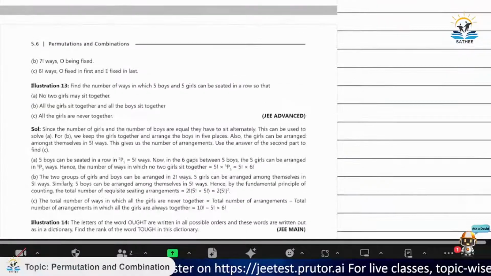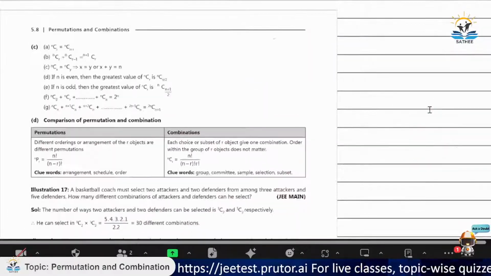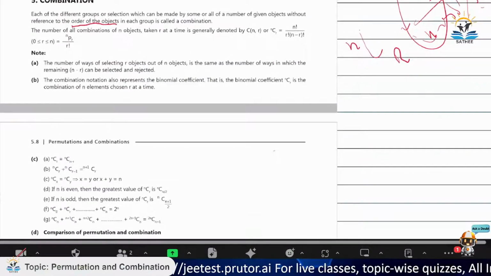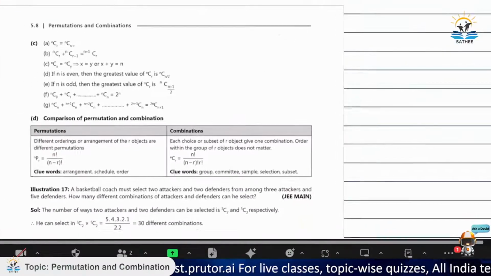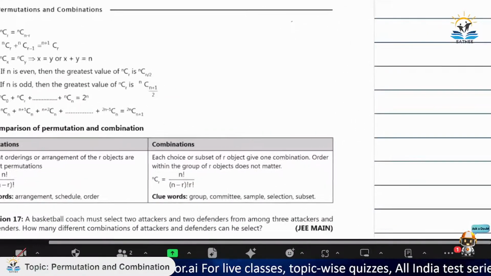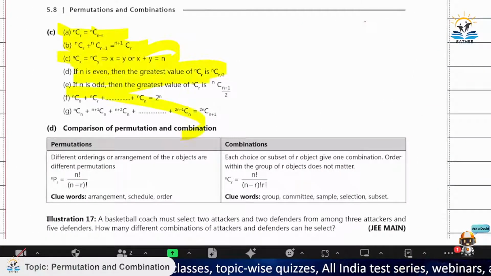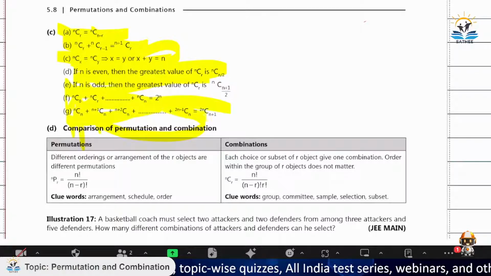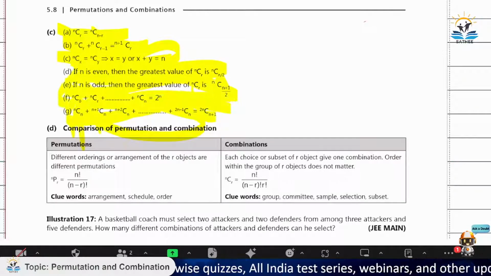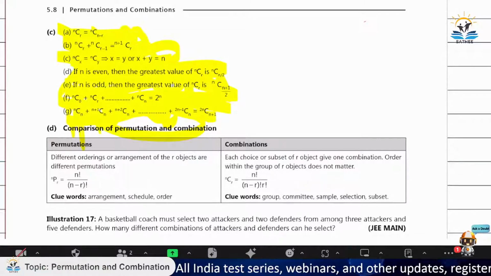Let's come back to the combination part. So we know what the combinations look like, right? Moving on to some properties. So what properties are there? Let's highlight it for you guys. Just read it through. I don't think I'll have to explain, because these are very simple properties. Some of them may need a proof, but I don't think that's relevant for the time being. For example, the first property is very direct and simple. Let's go to the next property.